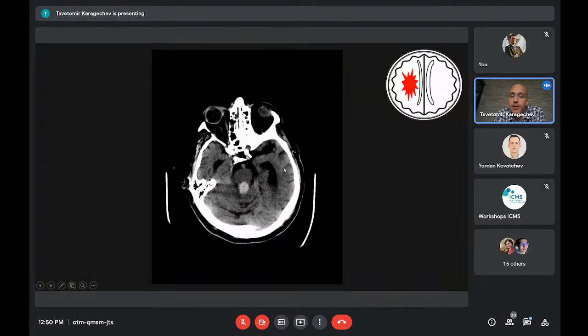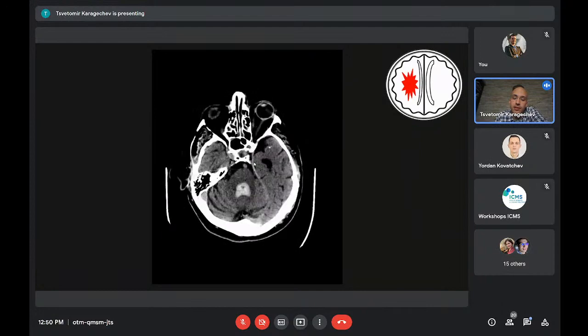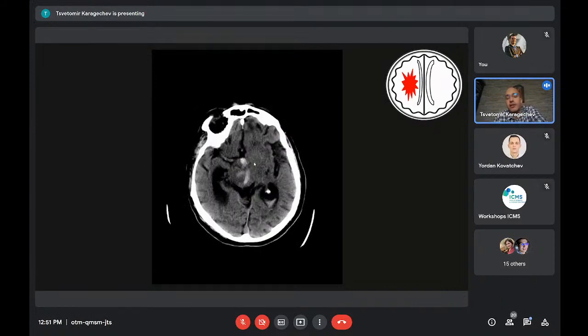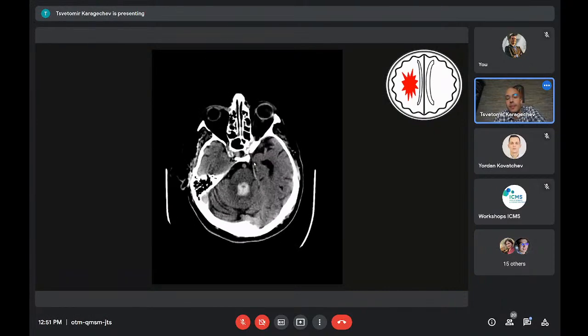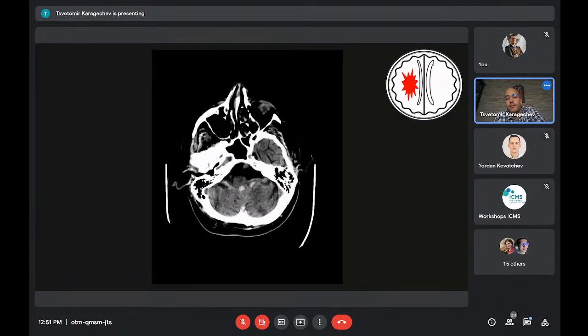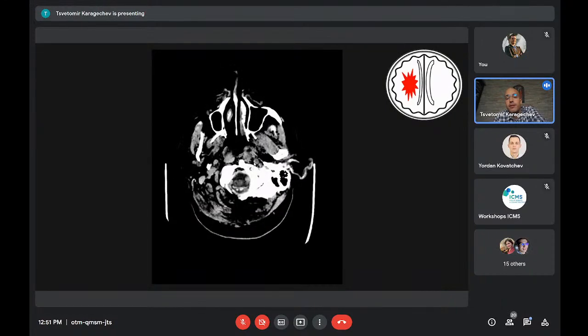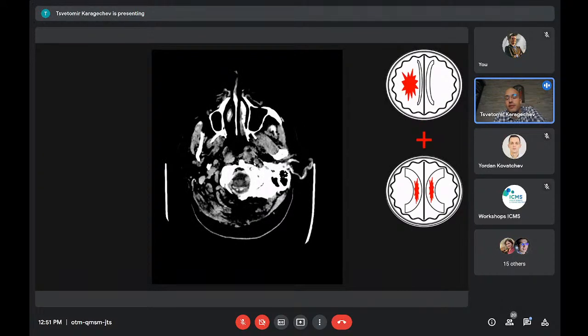If you go a bit up, do you remember this from the anatomy talk? Look at the temporal horns of the lateral ventricles. They actually started to enlarge. So this patient is developing hydrocephalus because of intraventricular extension of this hemorrhage. So again, intraparenchymal hemorrhage with intraventricular extension.